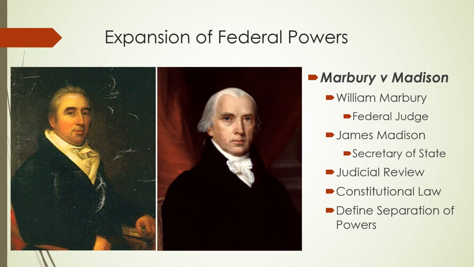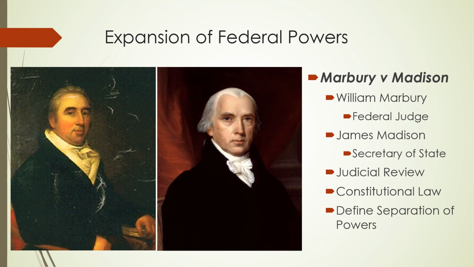So remember the election of 1800, okay? John Adams was the president, and he was a Federalist. He loses the election to Jefferson. Jefferson is a Democratic Republican, so different political ideologies, right? Well, as the sitting president of the United States, John Adams has the power to appoint federal judges, even though he has not been reelected. So the election has happened, and he's not going to be president much longer, but he technically still is until the day that Jefferson is sworn in.